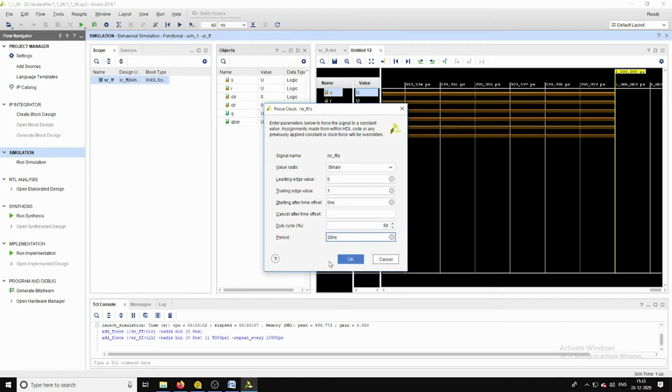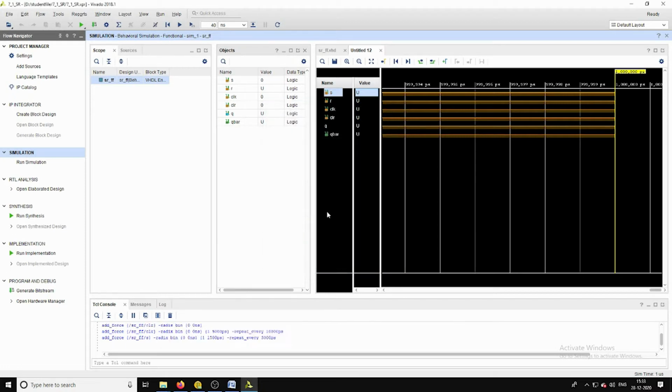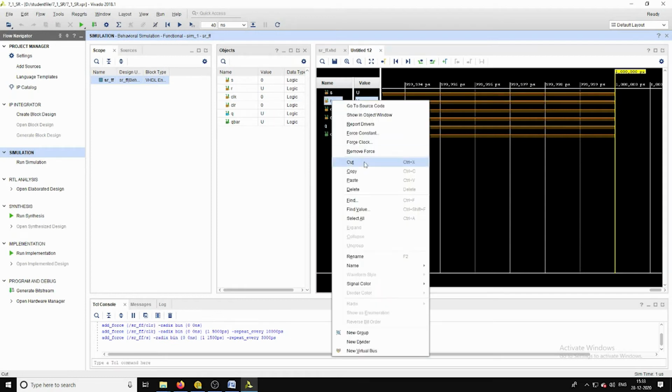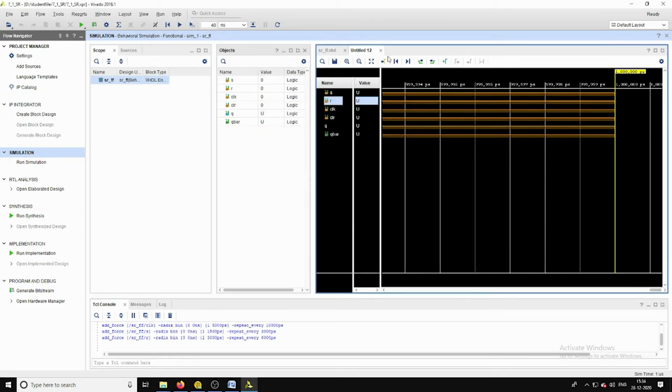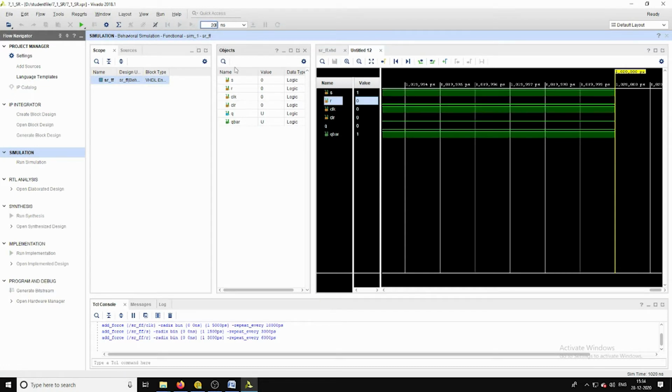Here I am considering 3 nanoseconds as the period for the S. For R, I am going to consider 6 nanoseconds as the period for the R. If I run this particular code for 20 nanoseconds,